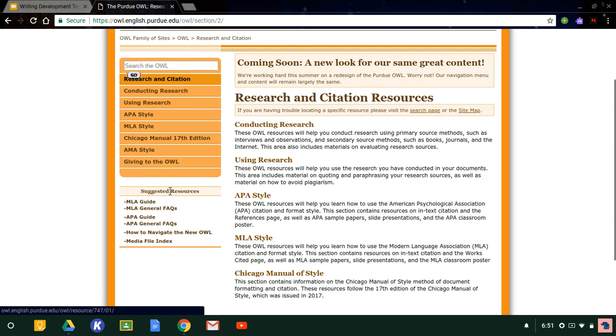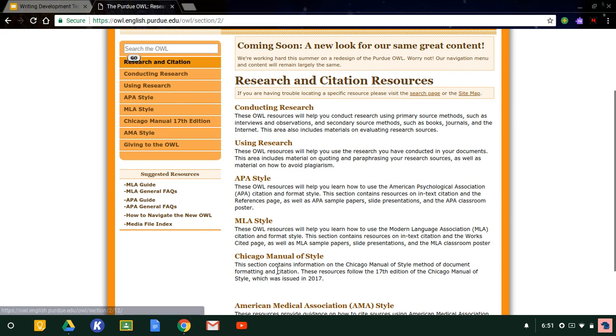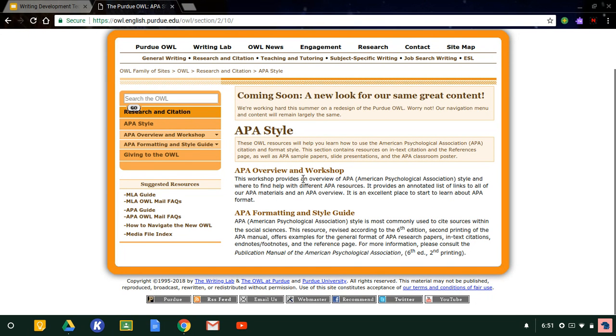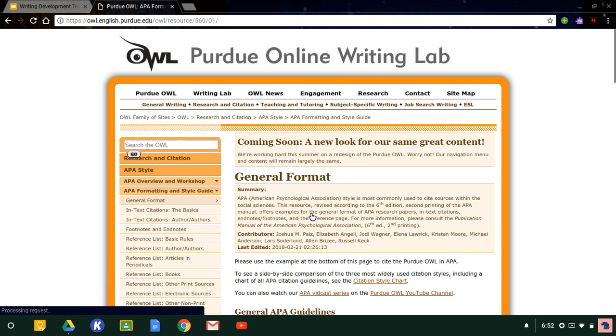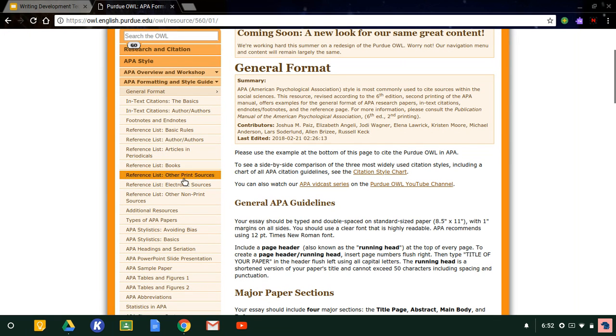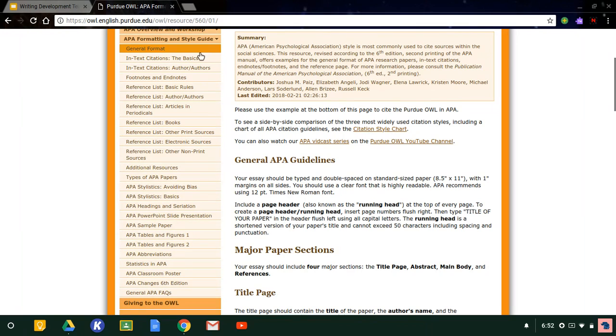This is where you're going to figure out what are we using and what does it look like. Say a student is supposed to write in APA style. If we click on that, it's going to break it down for you. You have the overview and workshop, and you have the formatting and style guide. Let's go to the formatting and style guide. If you look at all of this, it gives you more information than you could ever need, right? You have in-text citations, the basics, author